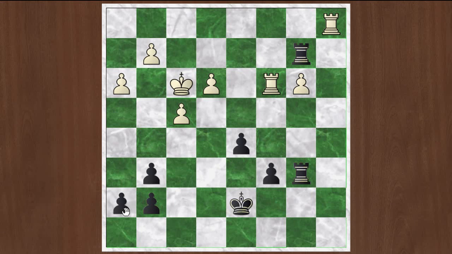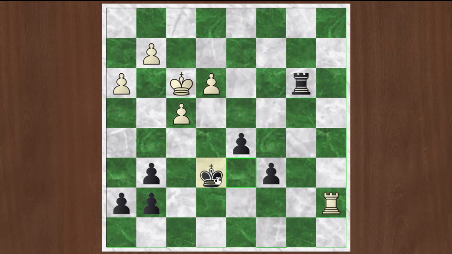But I calculated this part out pretty well, I think. I decided it's okay to give up a pawn or two over here, particularly if I can get a passed pawn on the queenside over here with the king out of the way. So I went ahead and grabbed, and white exchanged, and then came in with the rook check. So I played king to e6,